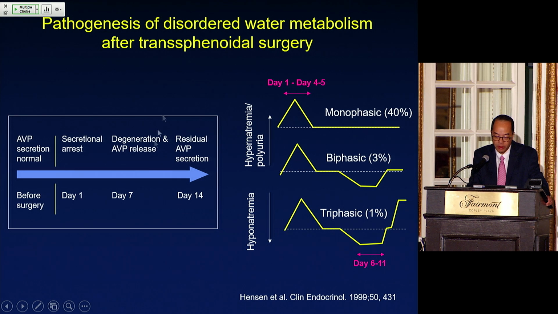And then at the end of this period, which generally lasts a little less than 2 weeks, then we're left with the chronic situation, which is whatever remains in terms of neurosecretory neurons will secrete residual amounts of vasopressin. And in most patients, that will be adequate to control sodium. In a small number of patients, it's inadequate, and they will have permanent DI. So in a monophasic response, which is the most common, you would just get a brief period of essentially transient central DI that's treated with DDAVP, resolves, and they go home.